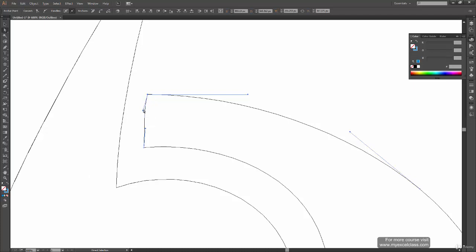Again, this handle, if I'm moving, is snapping automatically to the line or to the path, which I don't want. So to turn it off we can press Ctrl U to turn off the smart guides, and then we can position it properly, and when our work is done we can turn the smart guides back on.